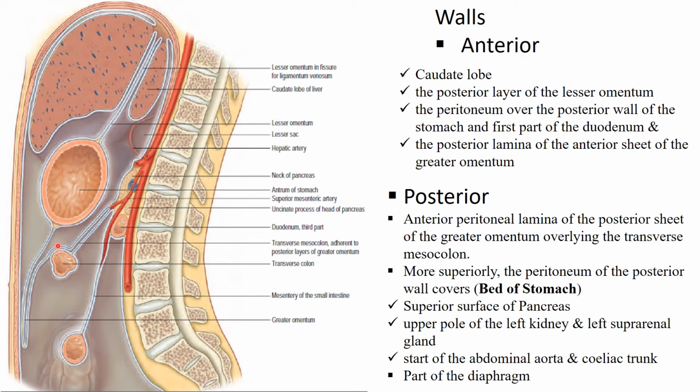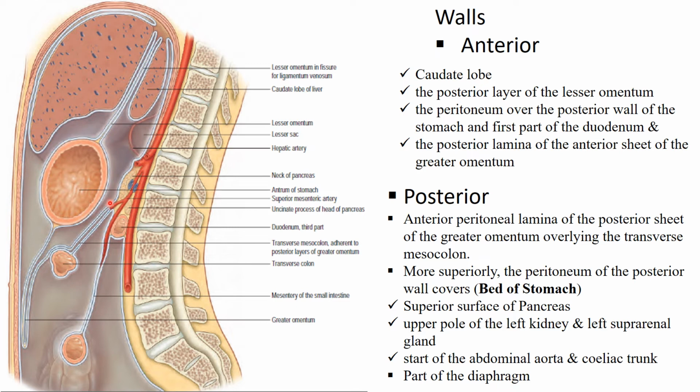Now the posterior wall in the lowermost portion is formed by the anterior peritoneal lamina of the posterior sheet of the greater omentum overlying the transverse mesocolon, which is wrapping inferiorly and being attached to the posterior body wall superiorly. Now more superiorly, the peritoneum of the posterior wall covers the structures forming the bed of the stomach. So it is formed by the